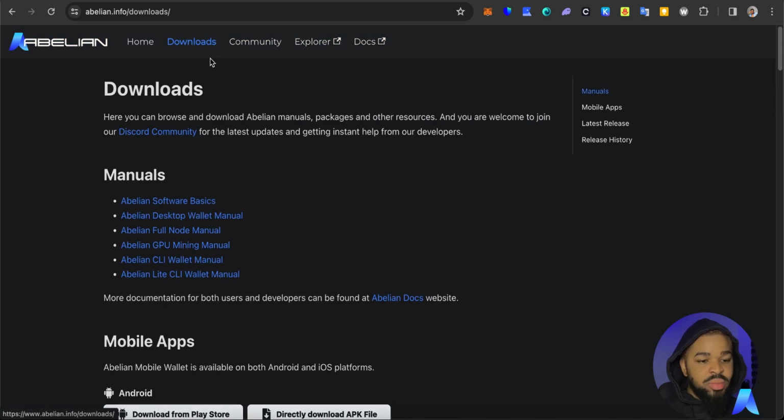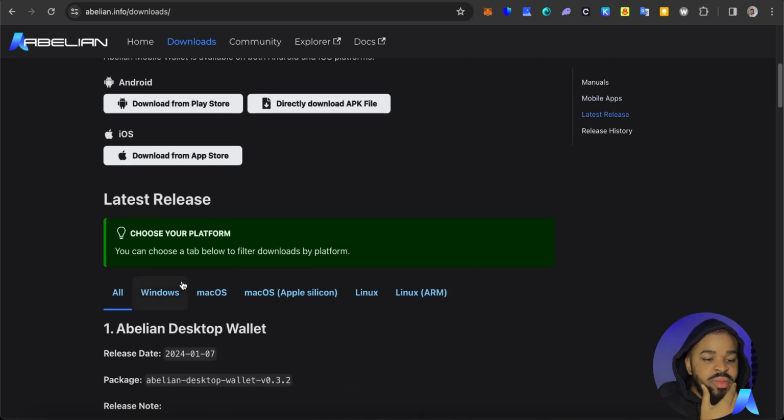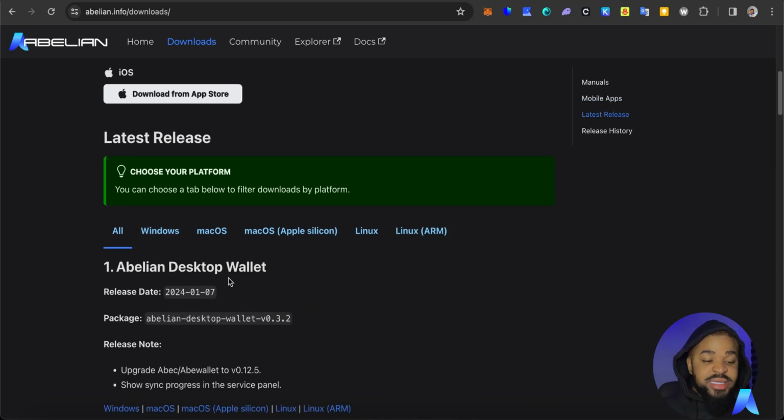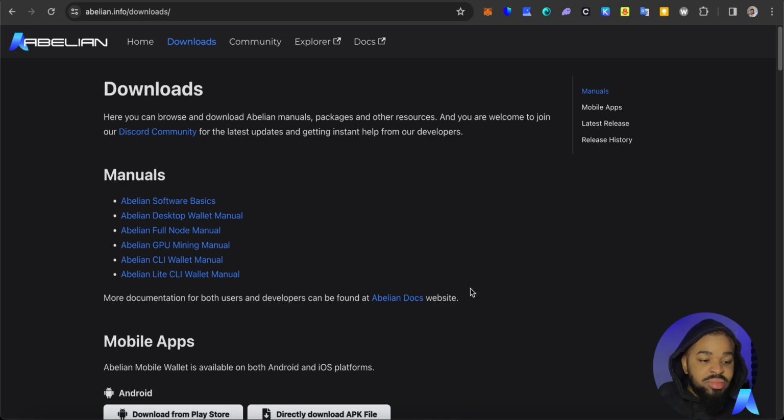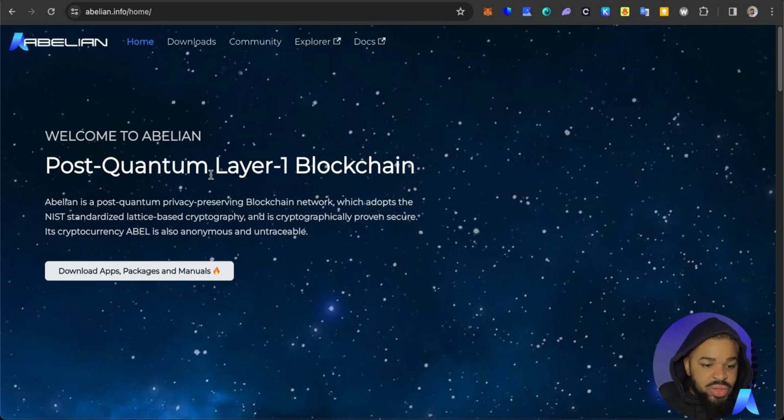So we have a couple of download products for you here. You have the mobile app with the latest release, and there's also the desktop wallet. So you see it's a blockchain that has its own wallet. I myself have a couple of wallets up here, and I would definitely be looking into integrating Abelian into this. First things first, we already know that Abelian is a post-quantum privacy preserving blockchain network